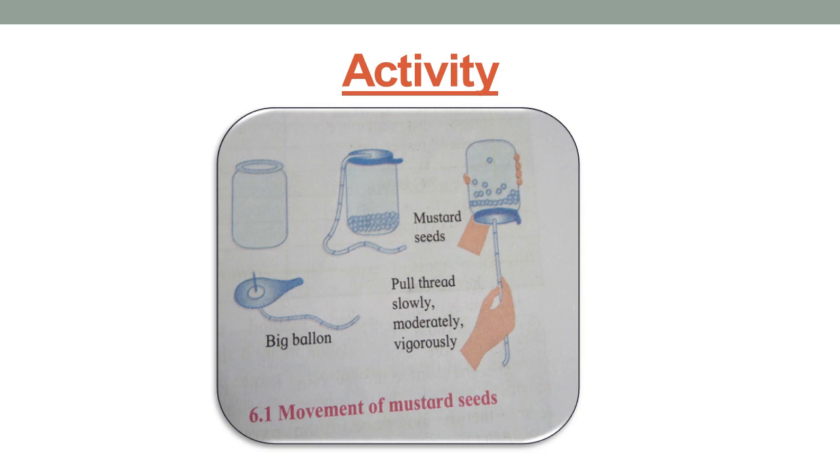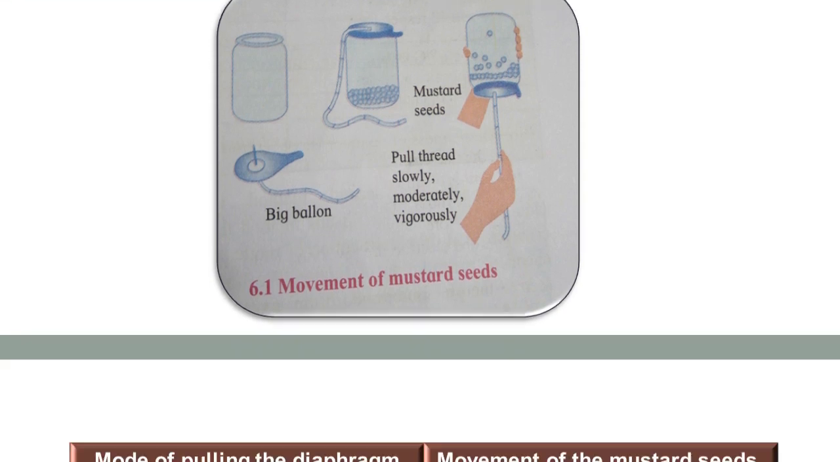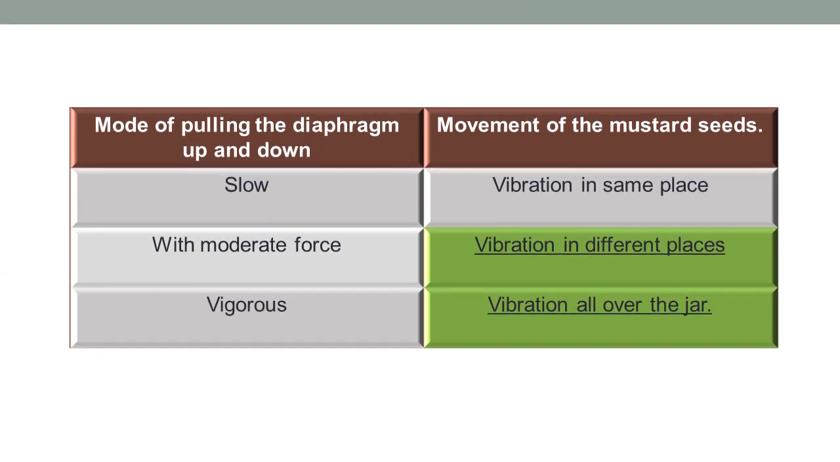And we have to record our observation. So student, on page number 39 this table is given in which we have to record our observation. So here two columns are given. First column is of mode of pulling the diaphragm up and down, and second is of movement of the mustard seeds, that how the movement or vibration takes place in the mustard seeds while pulling the diaphragm